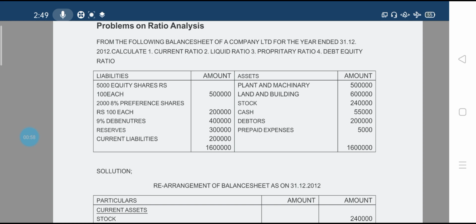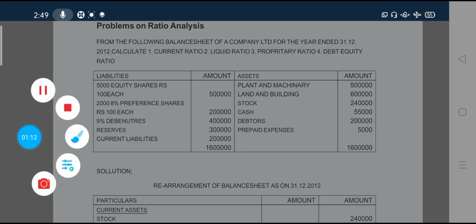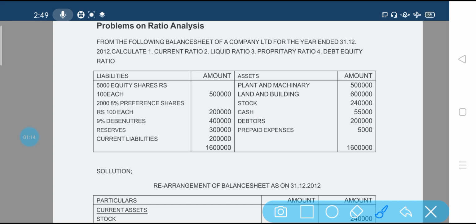Then plant and machinery 5 lakh, land and building 6 lakh, stock 2 lakh 40,000, cash 55,000, debtors 2 lakh, prepaid expenses 5,000. Now let's see under which category they come under. The equity shares come under